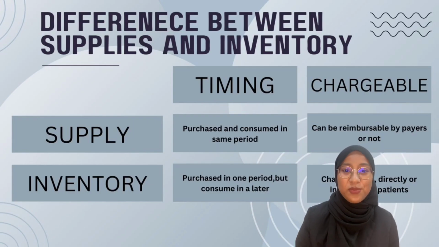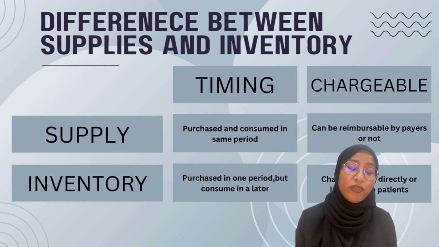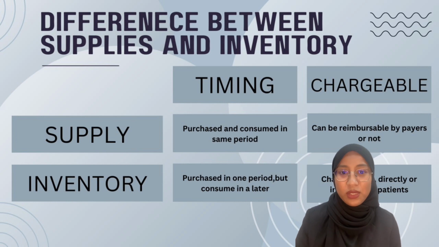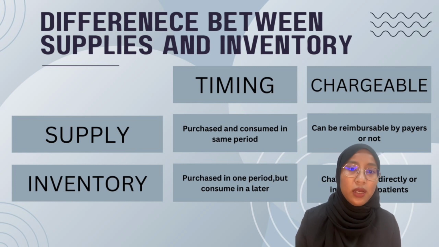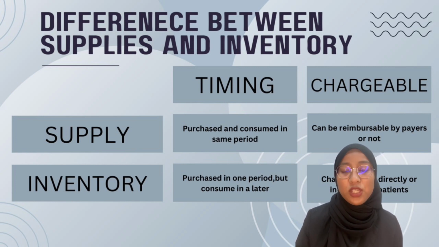So, what is the difference between supply and inventory? There is really a distinction between supply and inventory in terms of timing and chargeable. Let's look into the terms of timing first. Supply is purchased and consumed in the same period, which means we consume it directly when we want, for the process or treatment. To illustrate, we purchased $1,000 of such a package during the month of April and all the items were used in the same month,